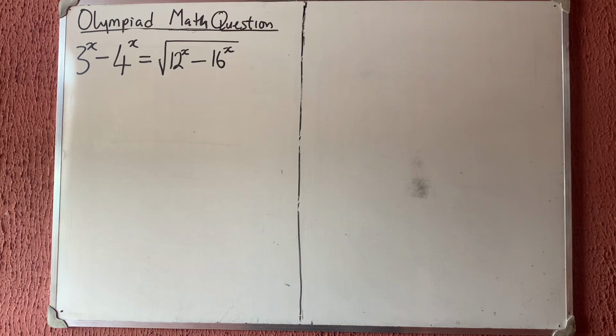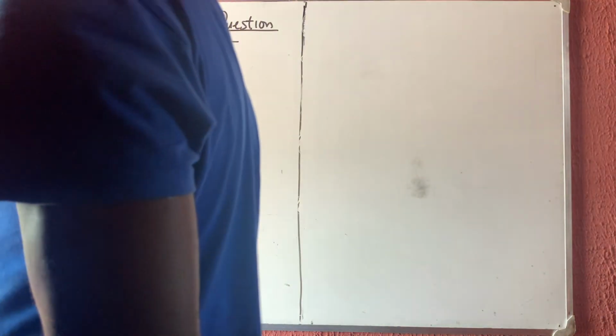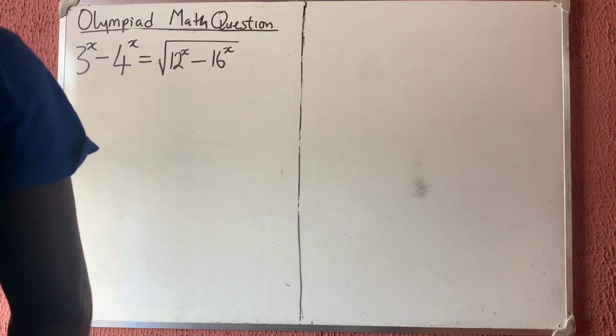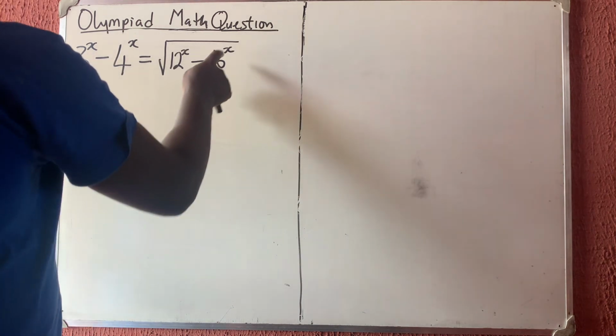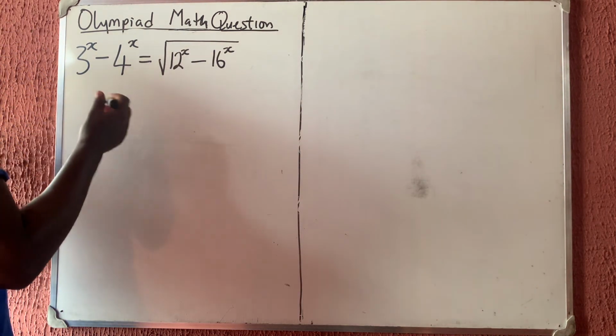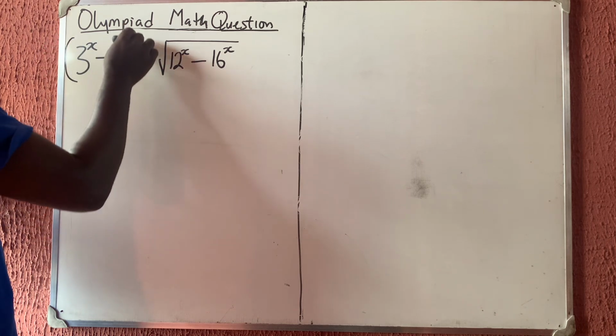All right, let us quickly solve this Olympiad math problem. Okay. Now, we are given this. First of all, for us to remove this square root, we have to square both sides. So if I square both sides,